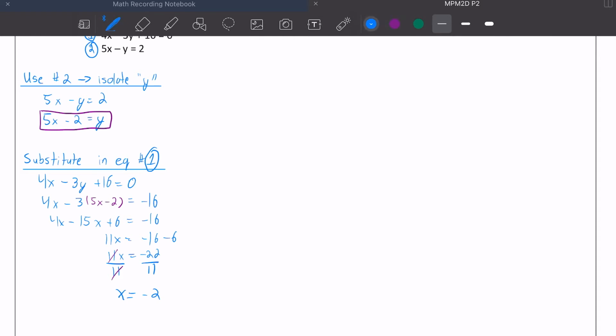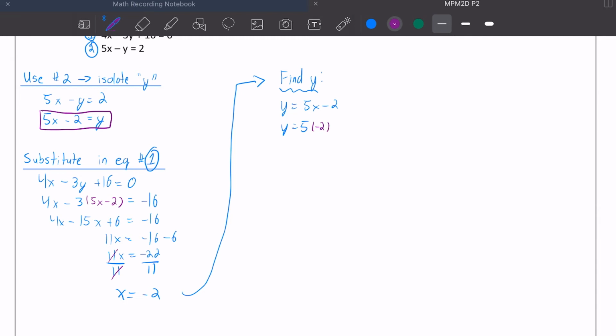So now that we found out x equals negative 2, we need to find out what our y equals. So let's go up here, find y. And how are we going to find that? We are going to take negative 2 and place it where the x is in our other equation. So we have y equals 5x minus 2. Where the x is, we're going to put that negative 2, which we found out from our previous one. We're going to expand out, which gives us